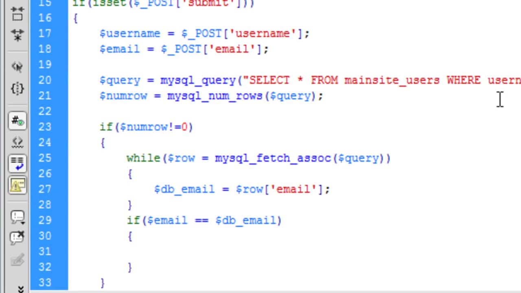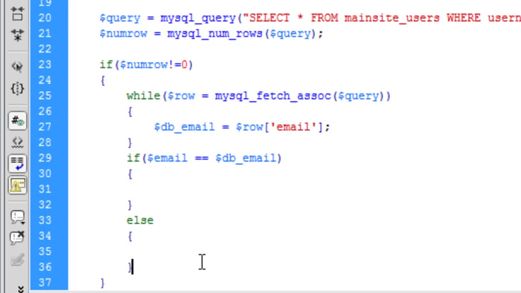So we're selecting everything from the username, so we need to know that the email matches. So basically, if the email doesn't match, then we're just going to else echo here,